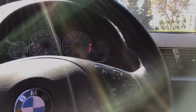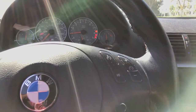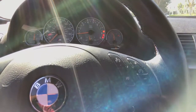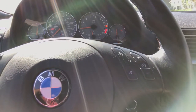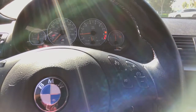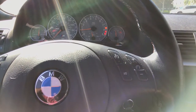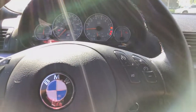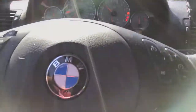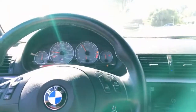Just to be inconspicuous, I'm going to keep position here. You're just going to look at this gauge cluster for a minute. Just take it in and enjoy it. I'd give you some elevator music, but I don't have any. I've kind of missed this car actually. I seriously have not driven this thing in a while. All right, where's my sport button? Just hit it. So I'm just kind of cruising along. I'm going to hit the sport button